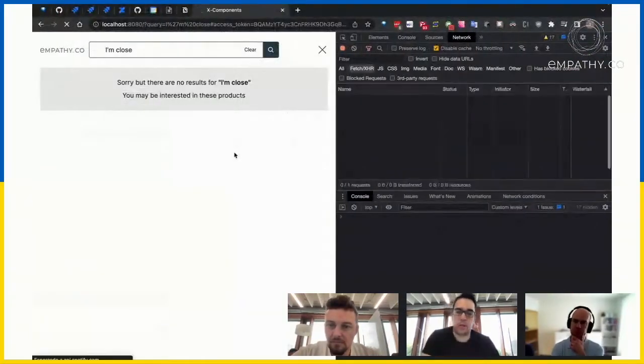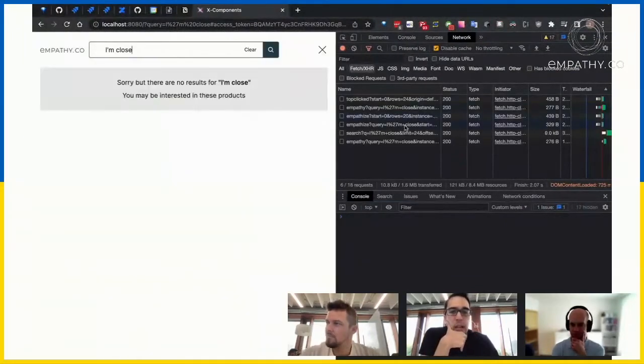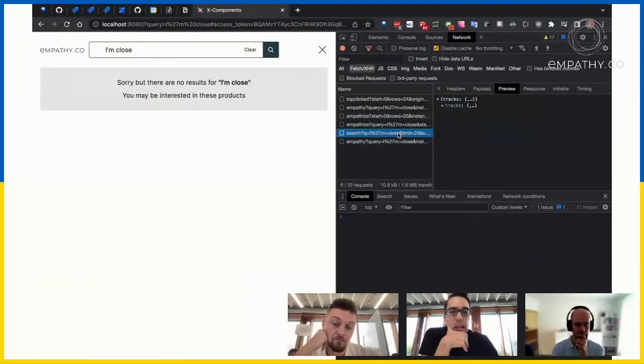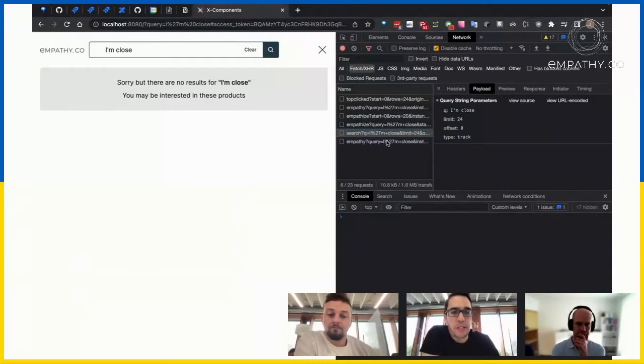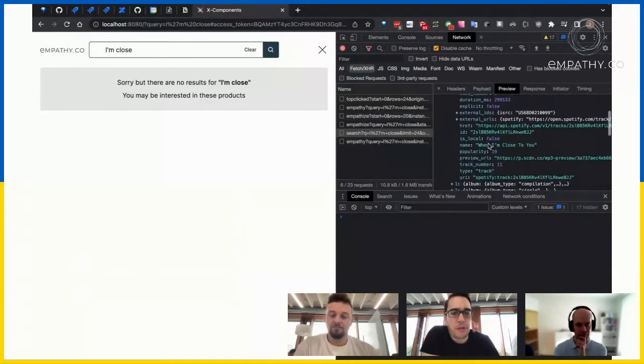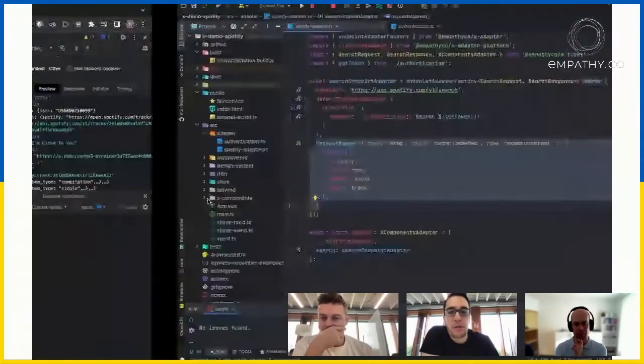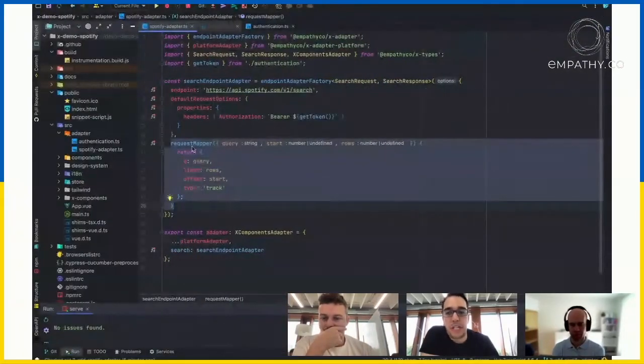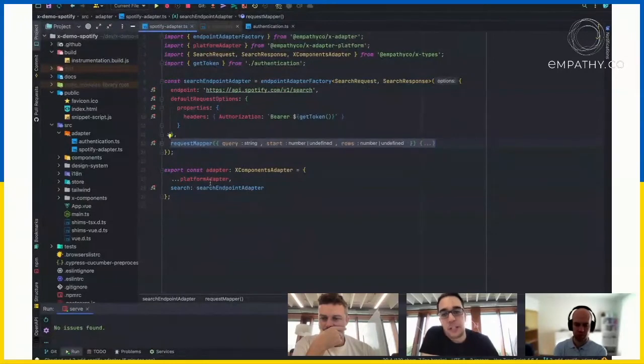And if we reload again, we can see in the network tab of the DevTools that we are actually requesting the search API of Spotify, and we are receiving tracks. We already have songs here with all the information, but we are not showing it because we didn't map the response yet. We only map the request from the X components to the API. If we go to the next step,